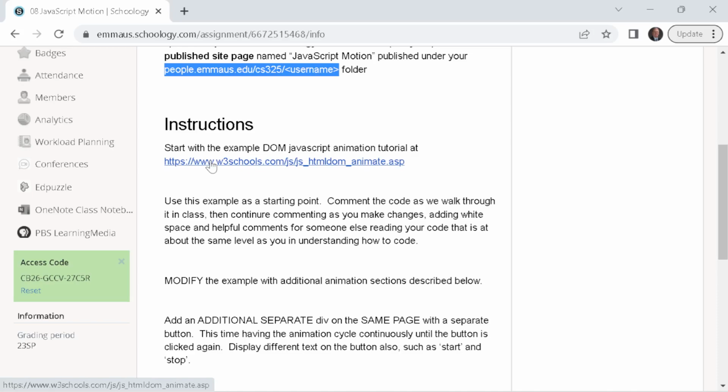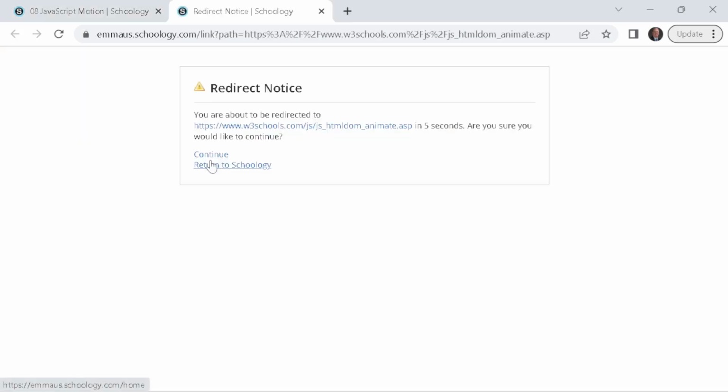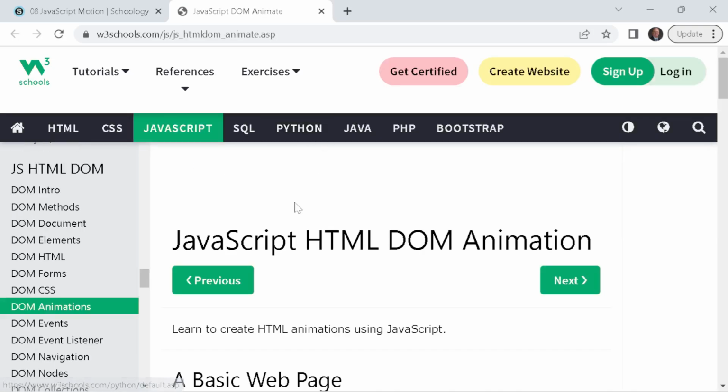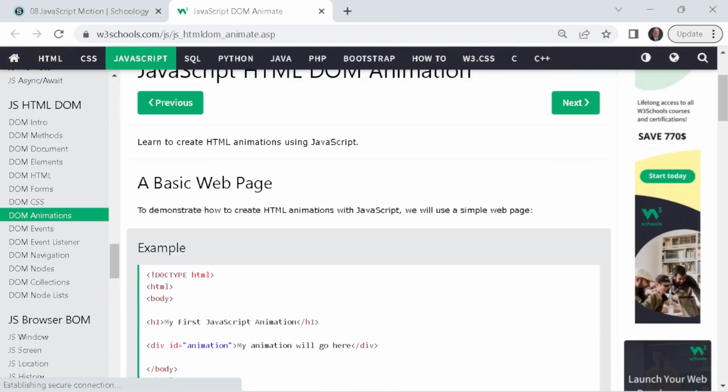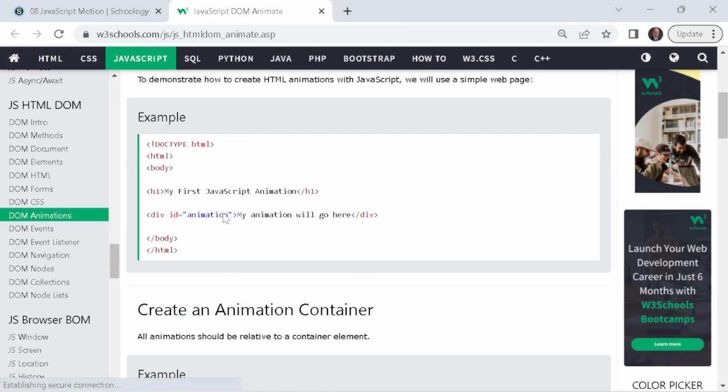I haven't installed it. Let's take a look at their example, and then we'll get a page working on our own local site. So here we go. Going to W3 Schools. Been redirected. Thank you very much. And here we go. So their simple animation, starting with the little page here,